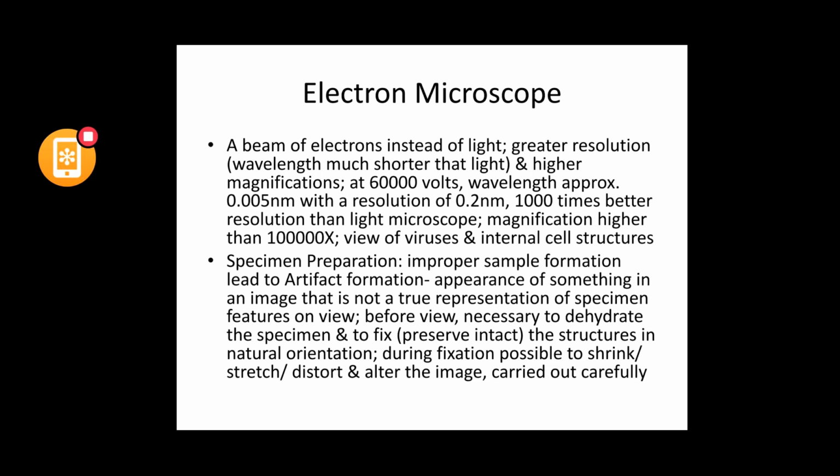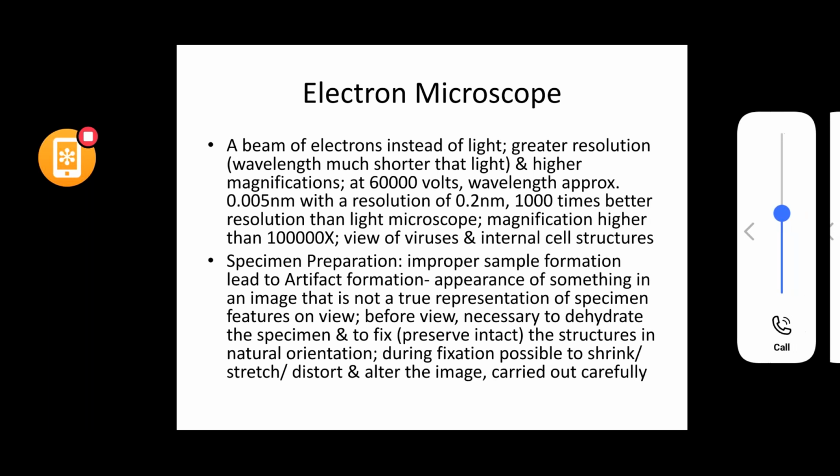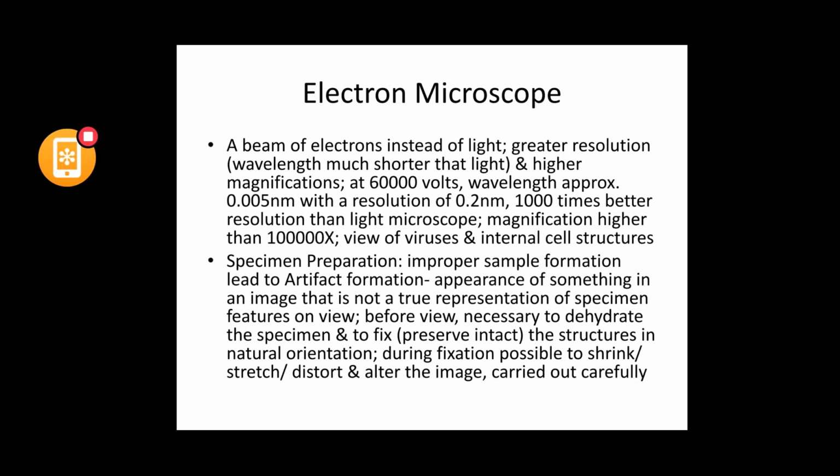Then about some of the basic terminologies, we were continuing with magnification, resolution, wavelength, numerical aperture, all those things. Then finally, in the first class, we have gone through the properties of an oil immersion lens and also about contrast. What do you mean by contrast? This was the recap of the first class.